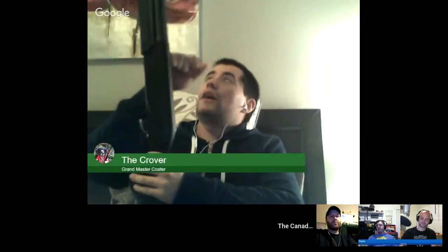I think the finish does. Yeah, the stock does. And it comes with more chokes. This one only comes with a modified choke, which I'm kind of bummed about because I am looking for a full choke because I like shooting my trap with full. And yeah, this is a pretty neat gat. This is the first new gun that...